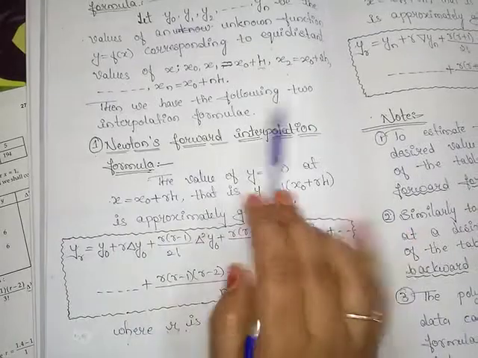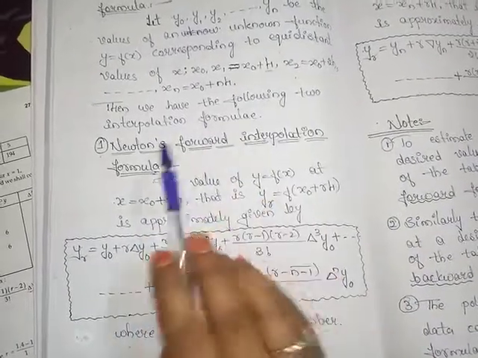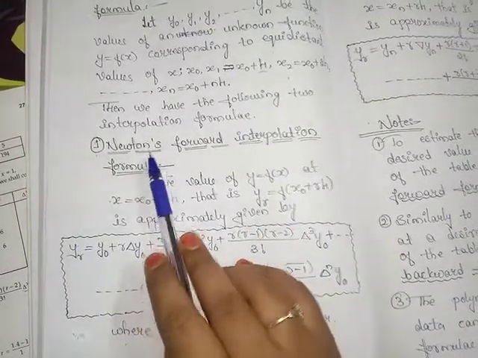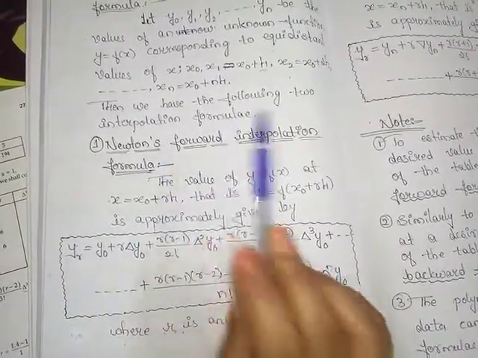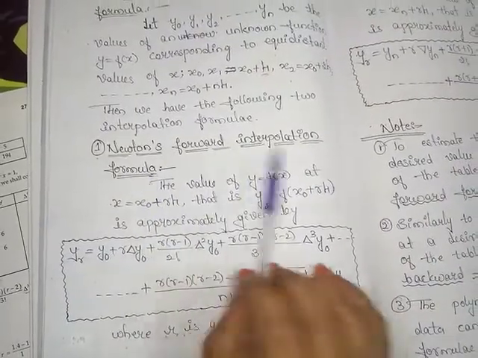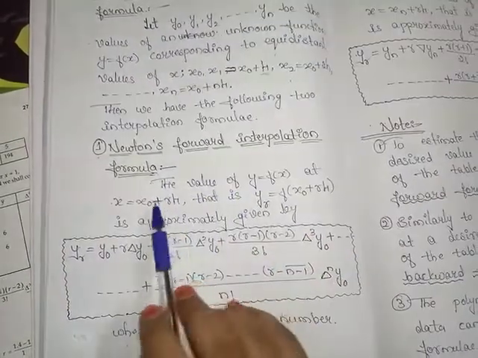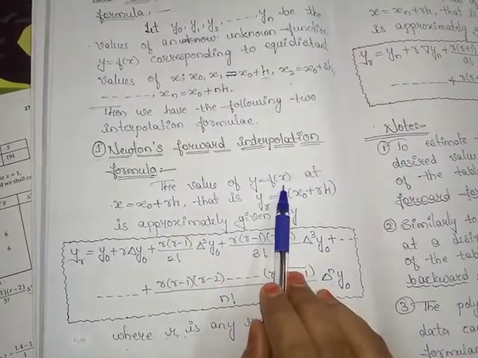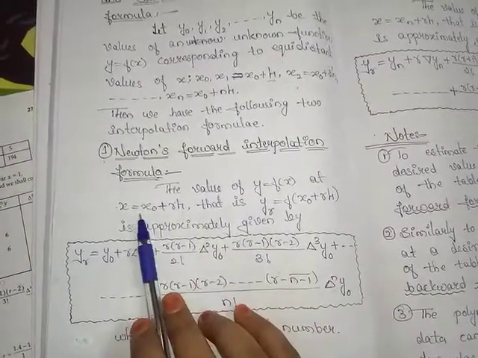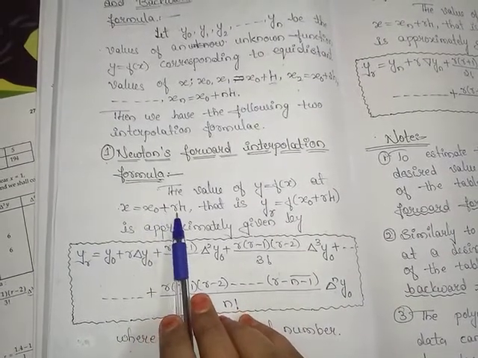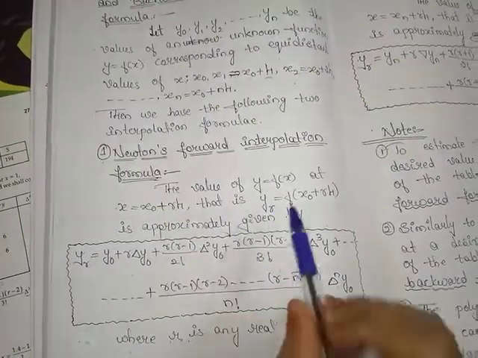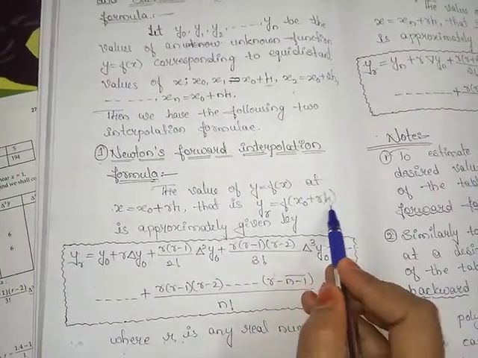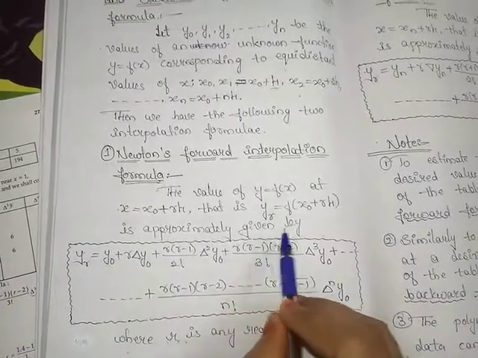Then we have the following two interpolation formulas. The two interpolation formulas are Newton's forward interpolation formula, and the second one is Newton's backward interpolation formula. Newton's forward interpolation formula is: the value of y is equal to f of x at x is equal to x naught plus r into h. That is yr is equal to f of x naught plus r into h, which is approximately given by